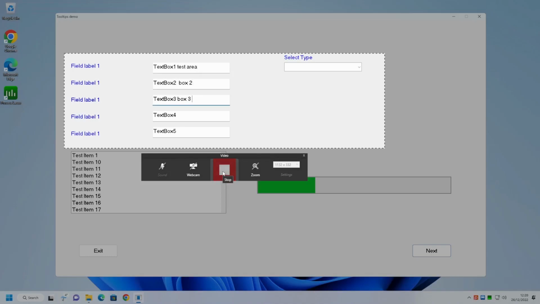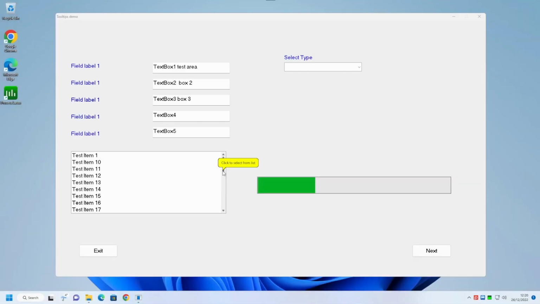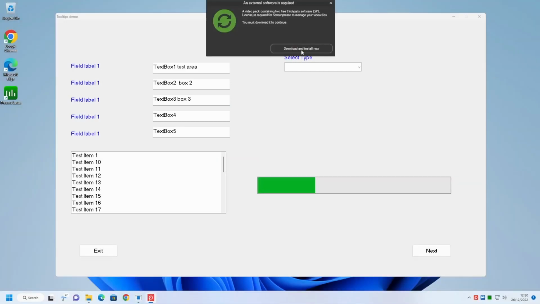And if we click on the stop to stop the video recording, this requires some external software. This only needs to be downloaded and installed once. Once it's installed, it will not ask you this question again.